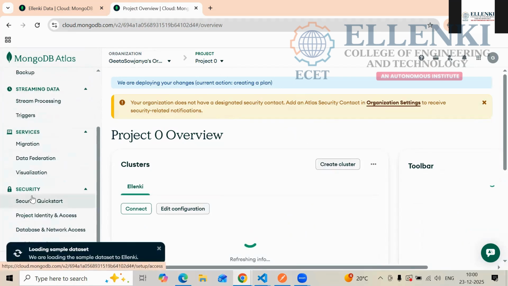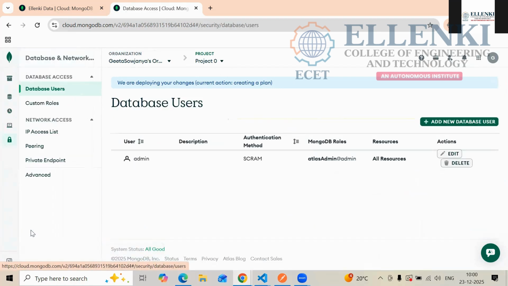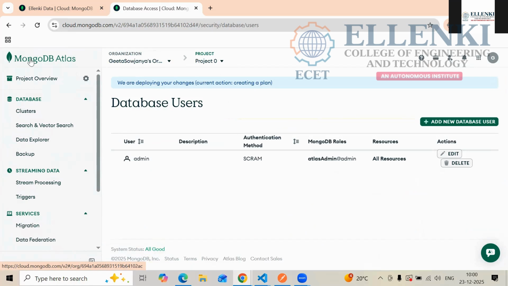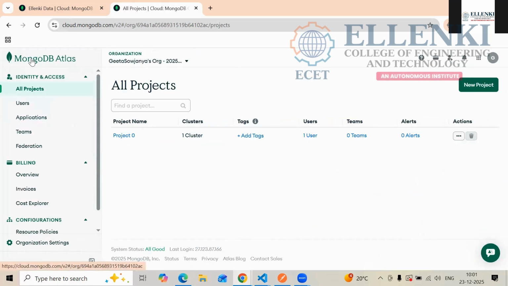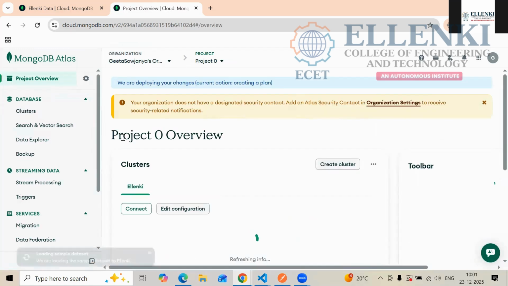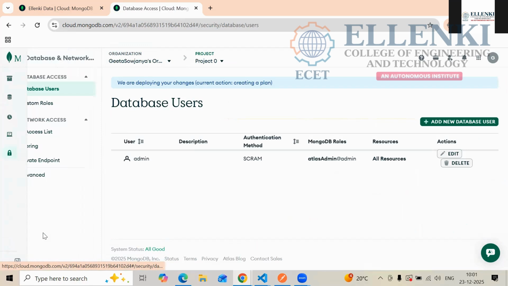There it will show database and network access. What we are doing? We are going to MongoDB Atlas. Once again I am saying, MongoDB Atlas. Then you have to click on the project 0. And then here on the left side you have database, network access.